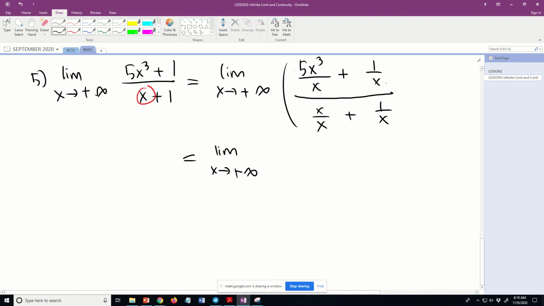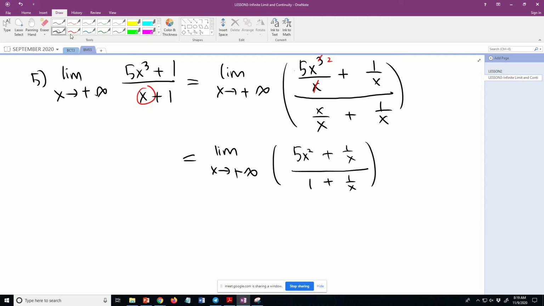So, sini kita akan dapat 5x square. Because x kena potong, so sini akan jadi 2, sini jadi 1 lah. So, ini cancel. So, 1 over x plus 1 over x divided by 1 plus 1 over x. Okay, and I do substitution now. Baru saya ganti. So, bila saya ganti, saya akan dapat equal 5 infinity square plus 1 over infinity over 1